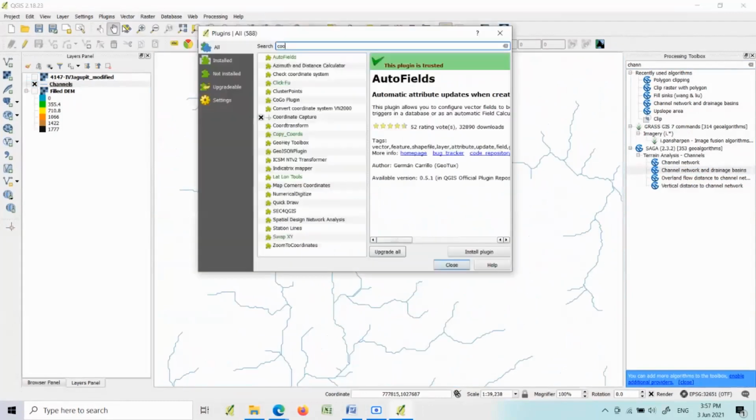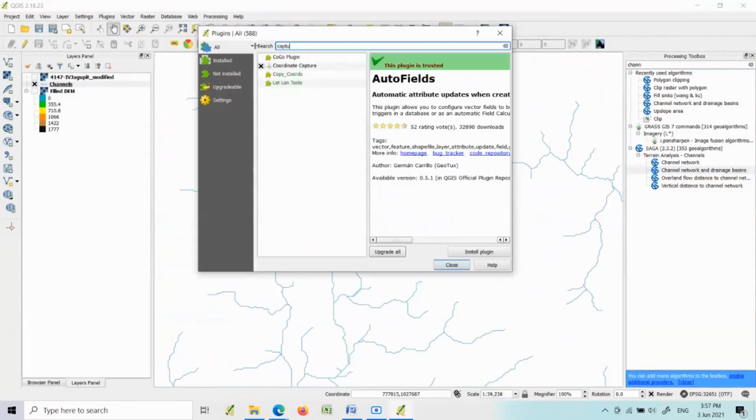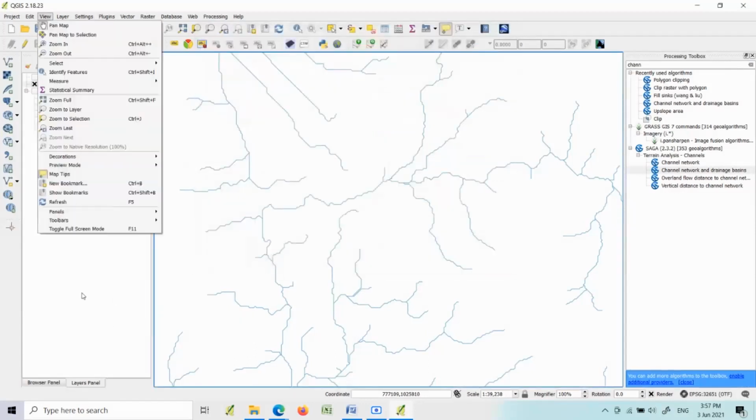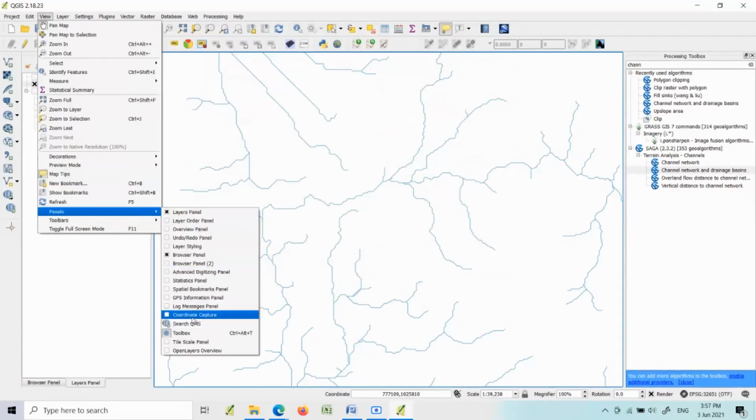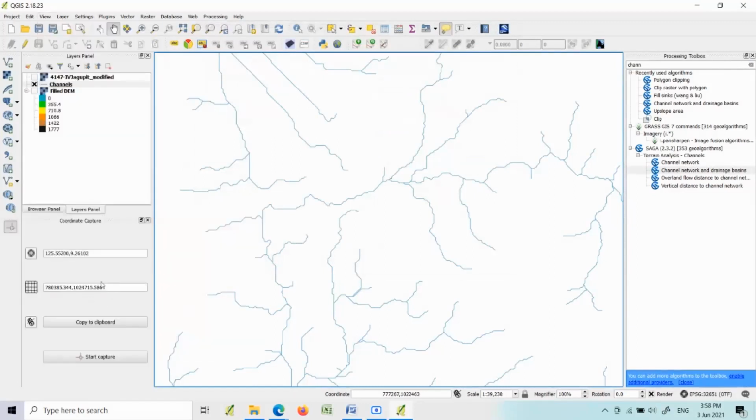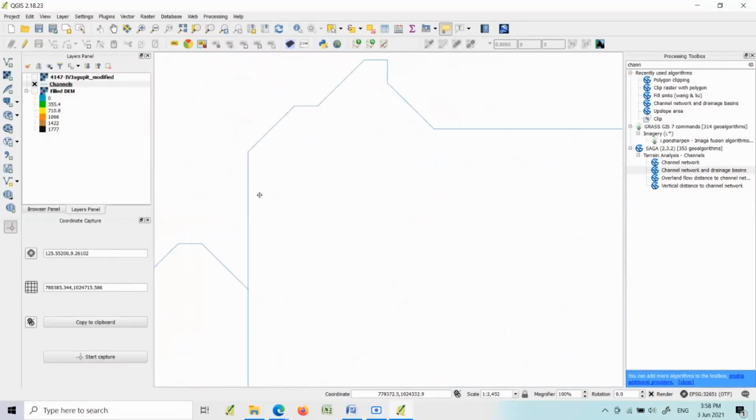Okay, then we open our plugins and search for Coordinate Capture. If it's not yet installed, you have to install the plugin and then load it on our panel. So this one. So once you click, the coordinates of that pixel or location will be copied on this one. So start our coordinate capture and see to it that it's along the line,